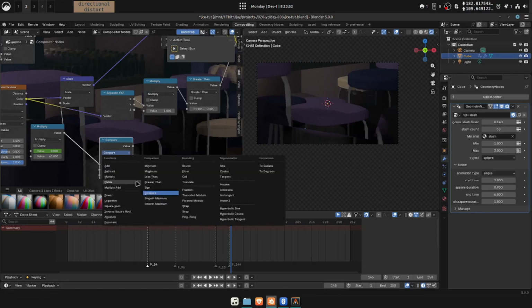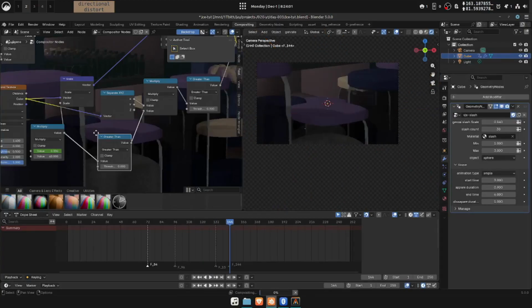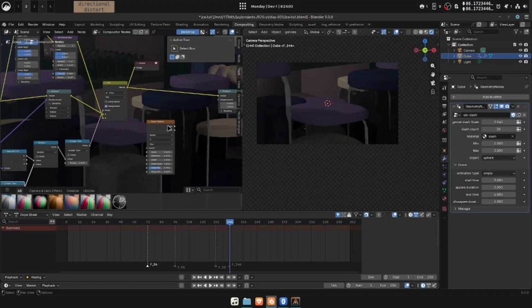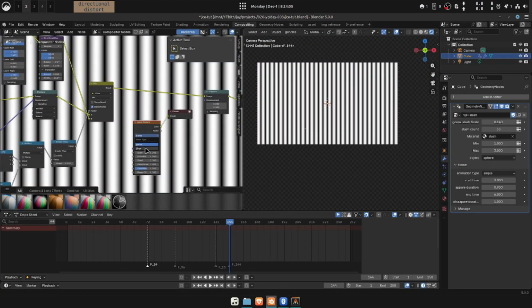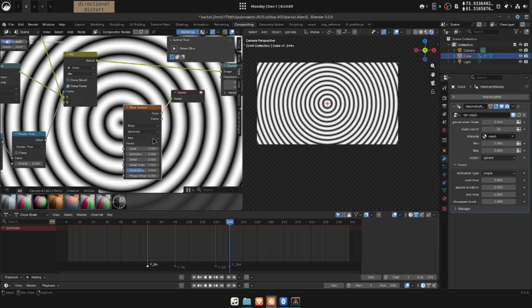If it's greater than 0, do this, don't clamp and stuff. If it's greater than 0, fine. If it's not, just, yeah, it's a little hacky way to do it. But yeah, wave texture, use rings, not X, not, yeah, spline,